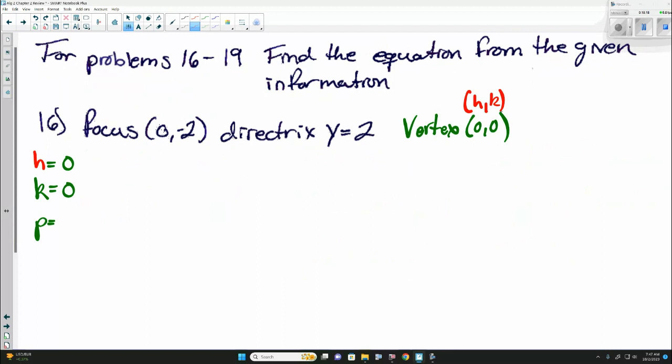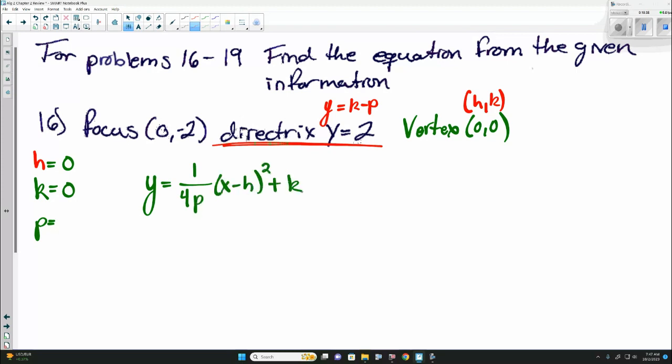And again, to determine which equation we have, we're going to be looking at what's given to us. The biggest indicator for this one here is the directrix is y equals. And there's only one equation that has a directrix of y equals, and that's our y equals 1 over 4p times x minus h squared plus k. Now the directrix tells us that k minus p is 2. We know k is 0,